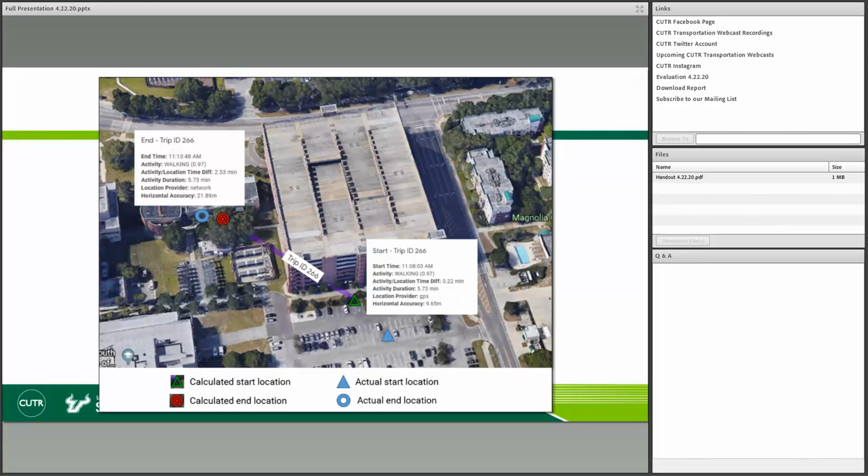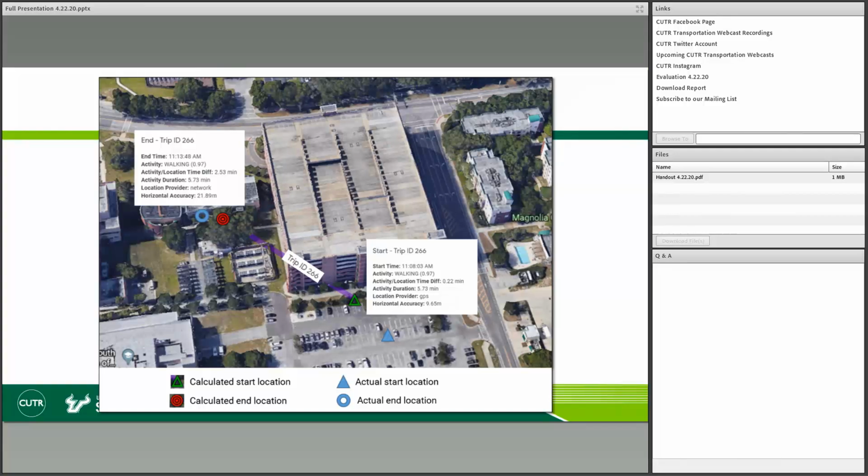What we see here is a screenshot of a particular trip, where the user, in this particular situation, is actually me, showing a transition from when the user parked their car in the parking lot, walked to the building, sat down at their desk and started working.